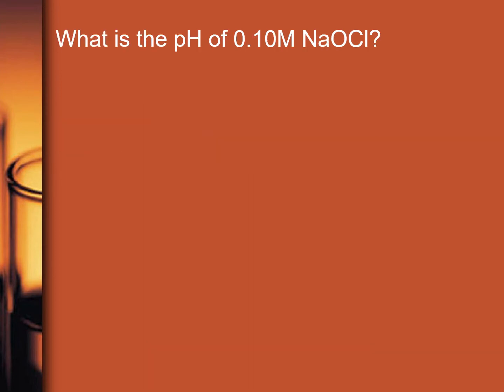So kind of using this, we can then find the pH of different substances. So looking at the pH of the 0.1 molar NaOCl. So if we look at,